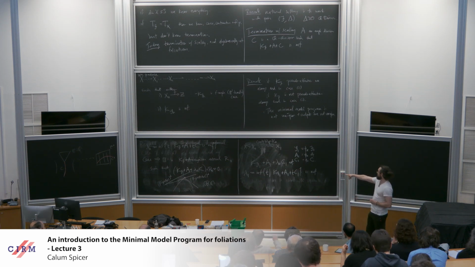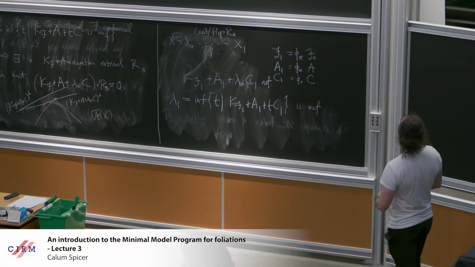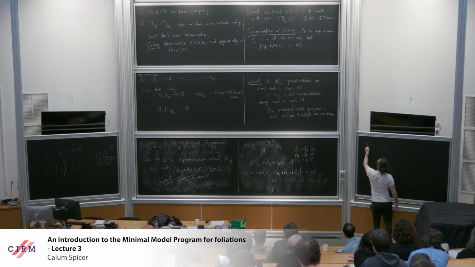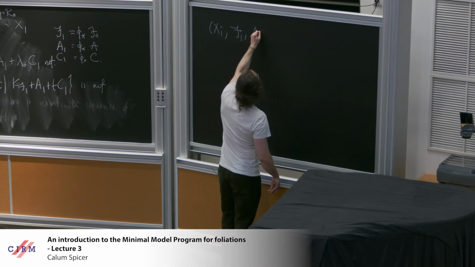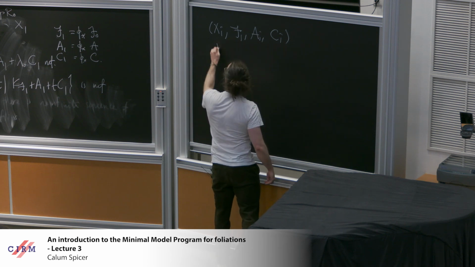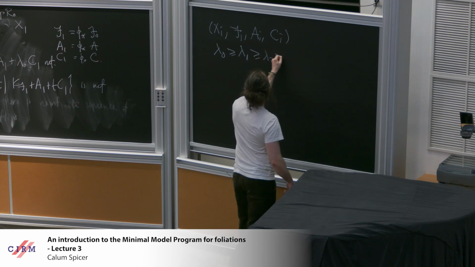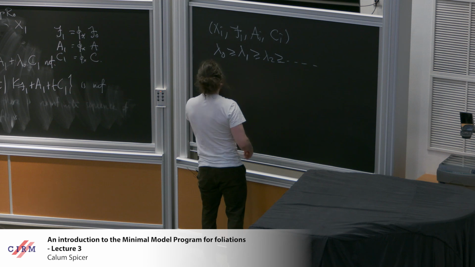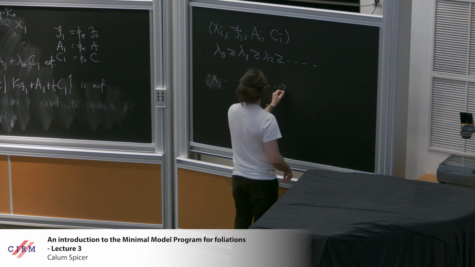So now we can just play the same game. We produce lambda 1. What happens is we produce this infinite sequence of varieties X_i, F_i, A_i, C_i, and numbers lambda 0, which is bigger than lambda 1, which is bigger than lambda 2, such that they all fit into this sequence of divisorial contractions or flips,